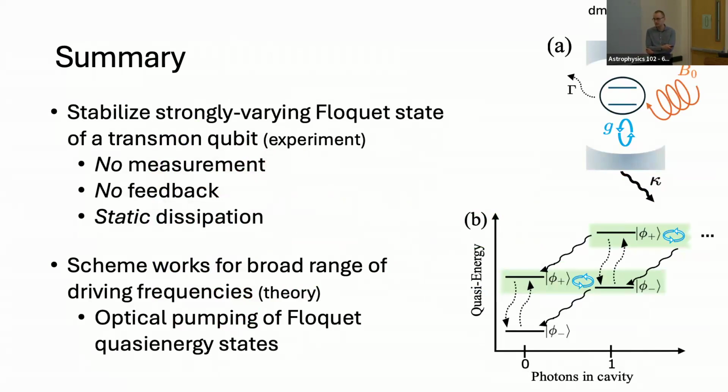We have reason to believe that this should extend to many-body systems and ground states, as I outlined at the beginning. I also think there's an opportunity to think about what you can do with these strongly varying stabilized states, using them as resources for classically difficult tasks. Right now there's a well-developed theory of resource states which are static, and maybe there hasn't been as much motivation to think about resource states that vary as a function of time. But I do think there's opportunity there to get new kinds of processes and new kinds of